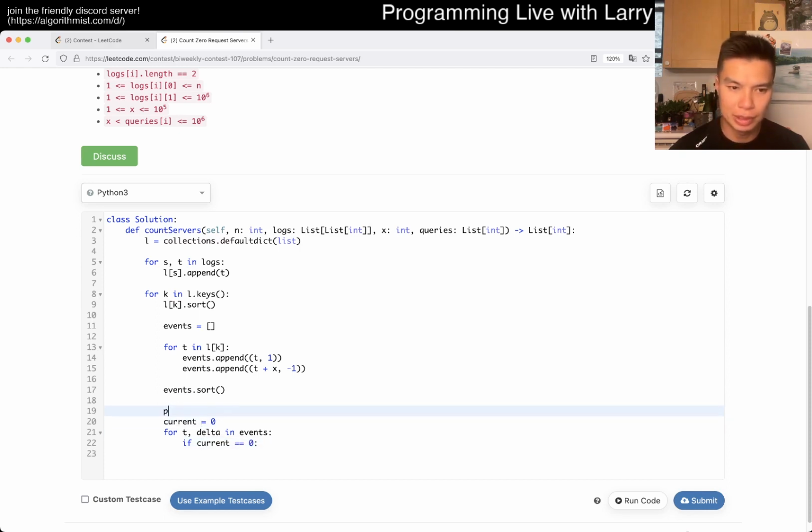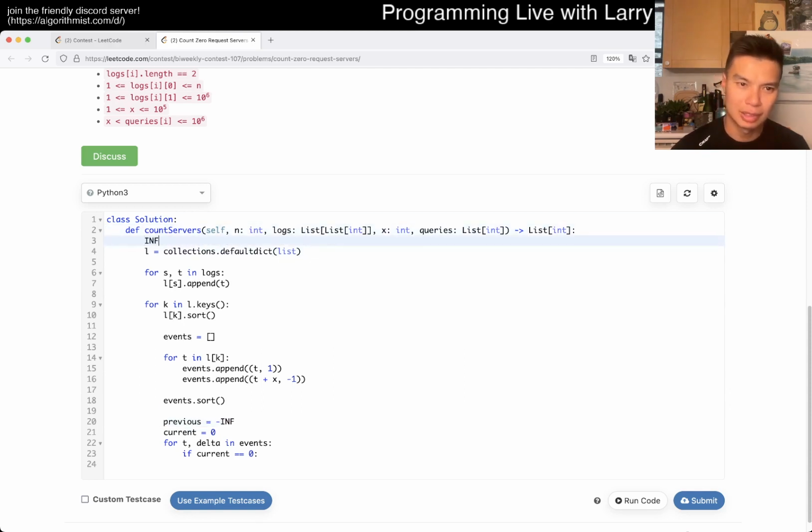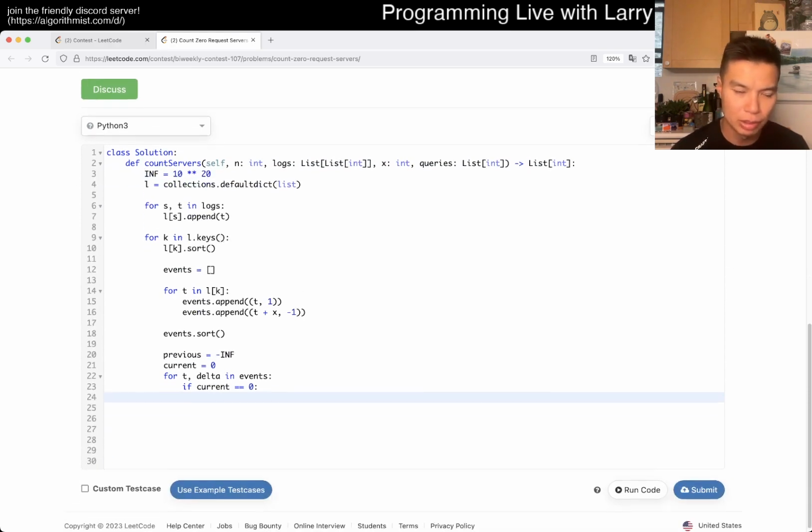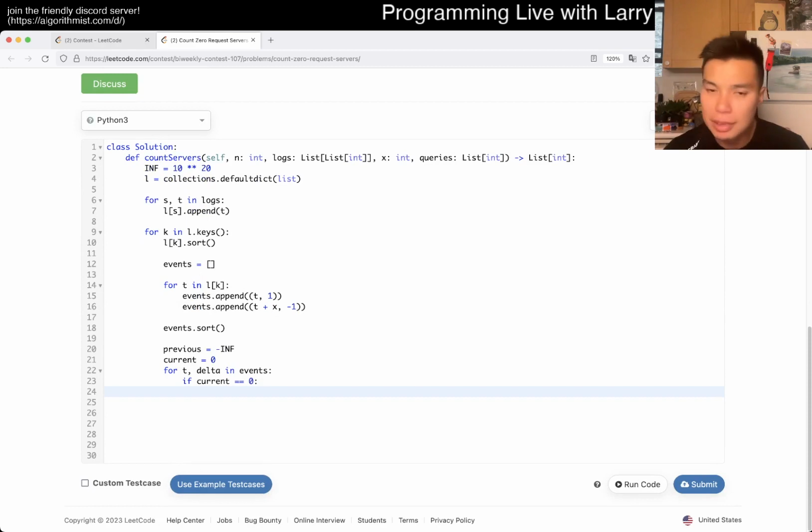So the previous is equal to -infinity, say. I think I'm doing the right thing, but I feel like my implementation's a little bit off from what I want to do. But okay, that means that delta is a plus, right? So that you're going from a thing to an end. So that means that this server was available before. That means for queries,